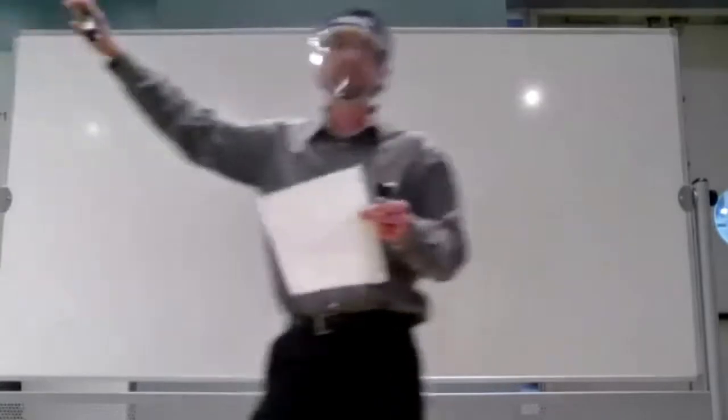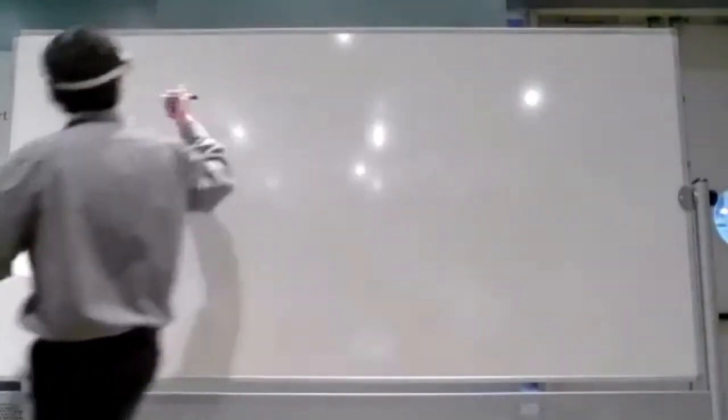Before we do that though, let's talk about the expanded octet. So like in that second row, those are the only elements that follow the octet. Why, if we go beyond that, can we take on more than 8 valence electrons? You might be wondering. So this next section is titled the,